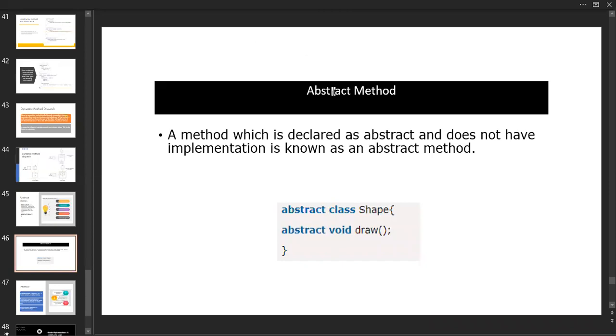So we use the topic called abstraction, where you are hiding some information. Yes, you are showing some functionality to them, not the implementation. Implementation, in the sense, if there is an addition program, int a, int b, and c is equal to a plus b, and System.out.println, inside the parentheses, you print c.